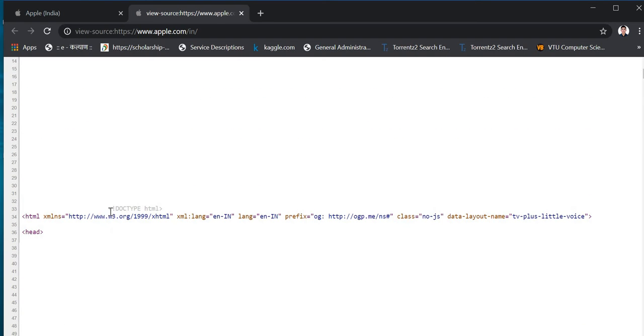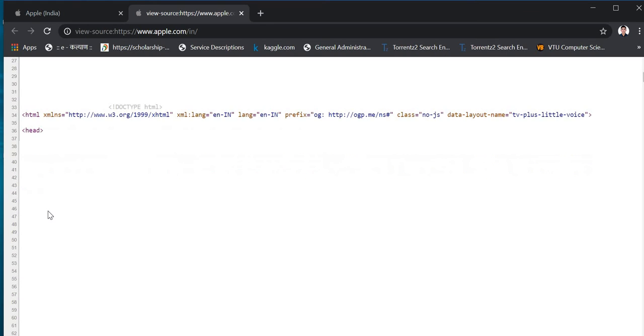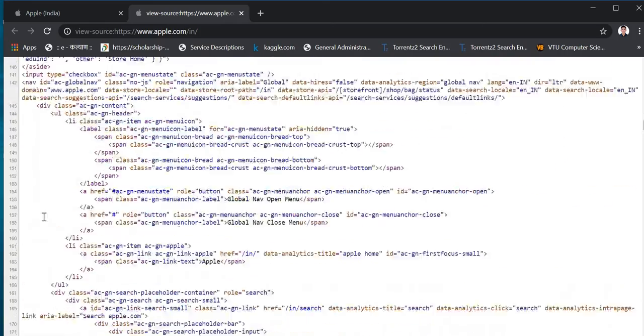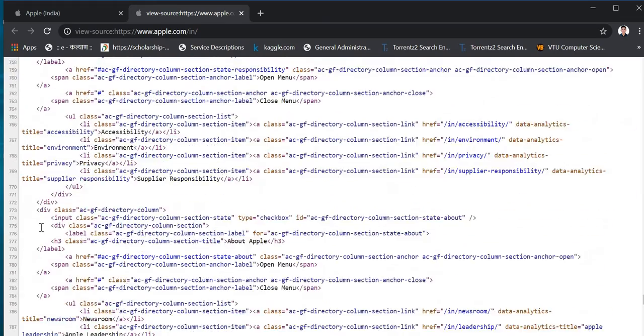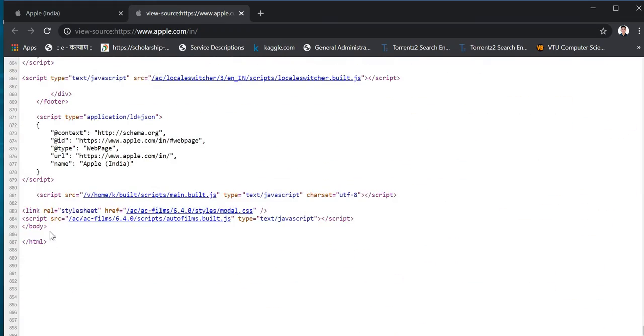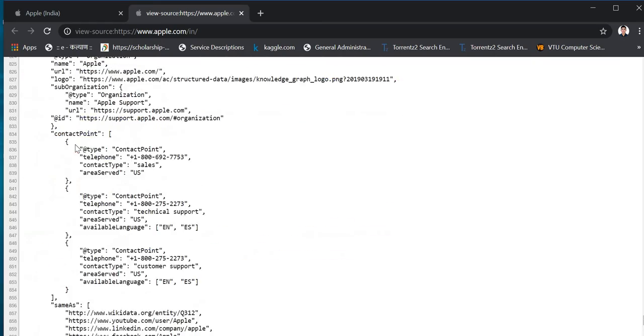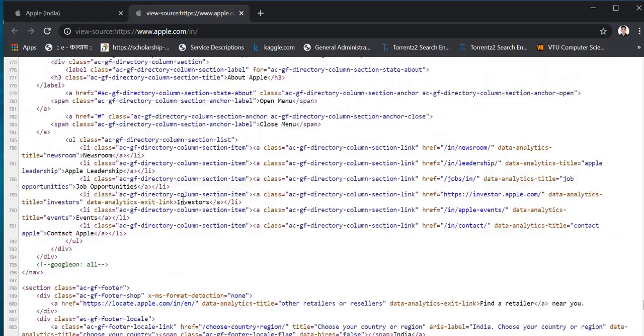As you can see, DOCTYPE html informs the web browser that the document type is HTML. Then the HTML opening tag, and after that attributes. We will see those in a further video. And this is your head tag, the head opening tag. And if I go to the last, there should be a head closing tag. Yeah, head close, sorry, HTML closing tag and body closing tag. Somewhere the body tag is opened.